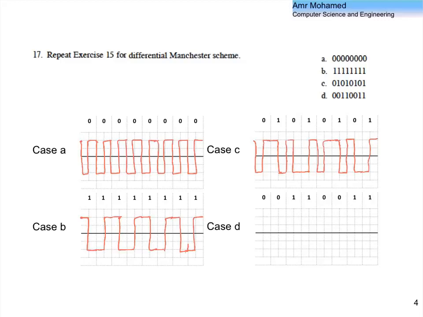Alright, so for case D, we toggle, toggle, toggle, okay, and then 1 we keep straight, and then we toggle. 1 we keep straight, and then we toggle. 0 we toggle, we toggle. 0 we toggle, 1 we keep straight and then we toggle, 1 we keep straight and we toggle. Okay, so